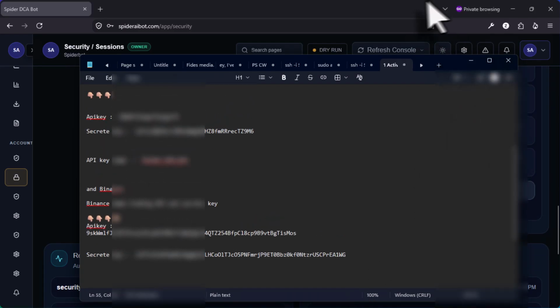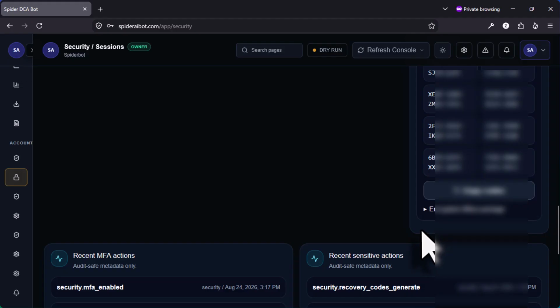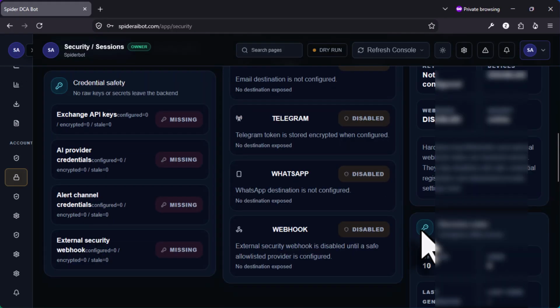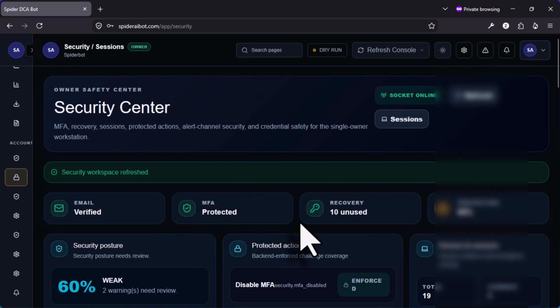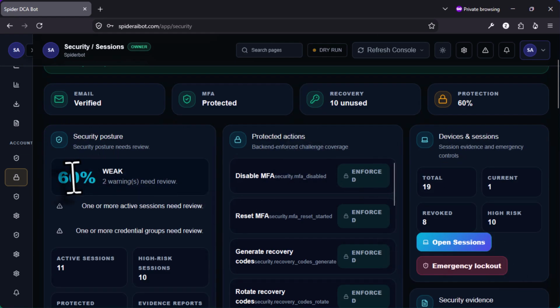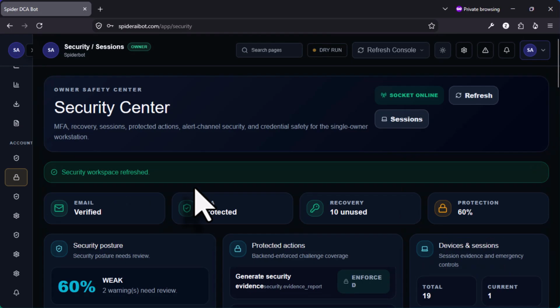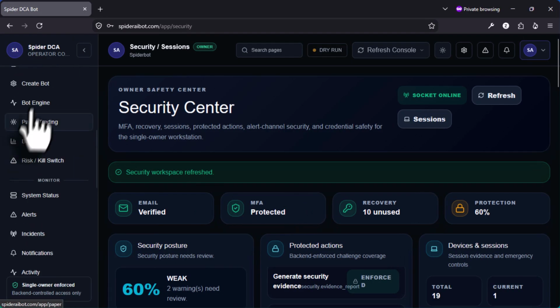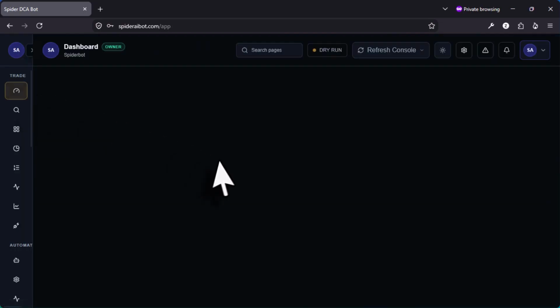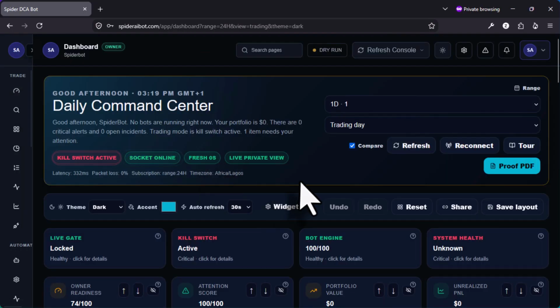Since I've pasted that, this will help me in case I misplace or lose my phone or Google Authenticator. Since I've done this, my security posture is now 60%. It shows you a lot of things on this app. Now I have to come back to the home page, to dashboard. Now since we have done Google